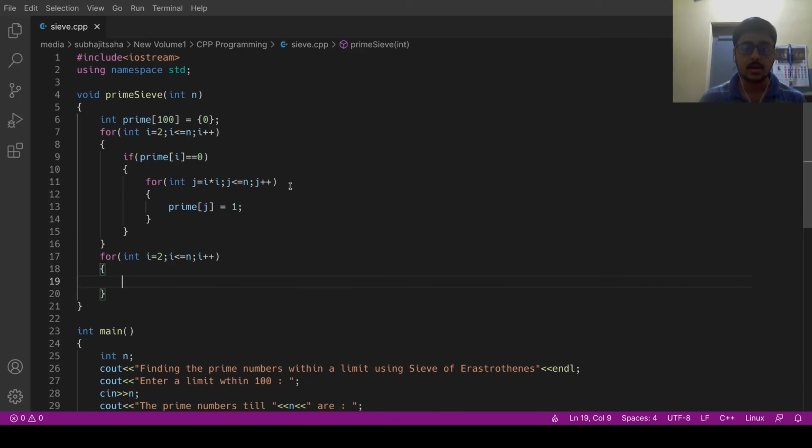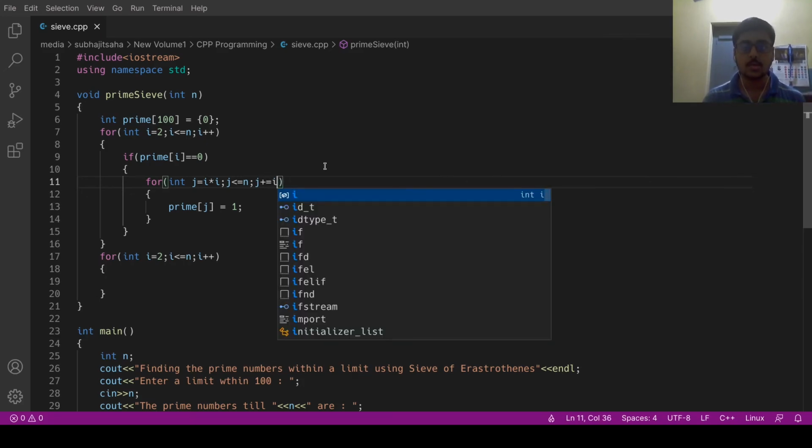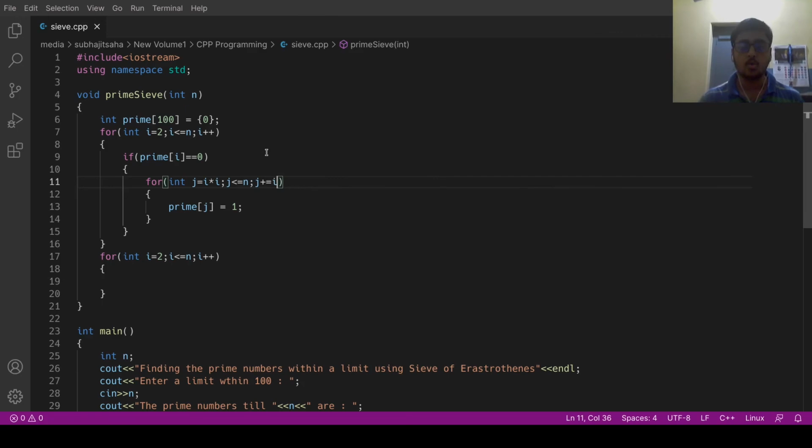Another thing is that it will be j += i, because if I consider 5, the first number is 25, then it will take 30, then 35, then 40, and so on. So it will be j += i.